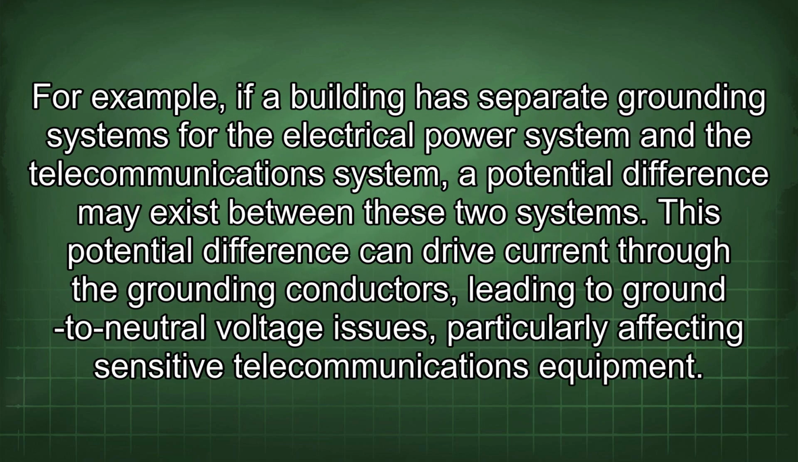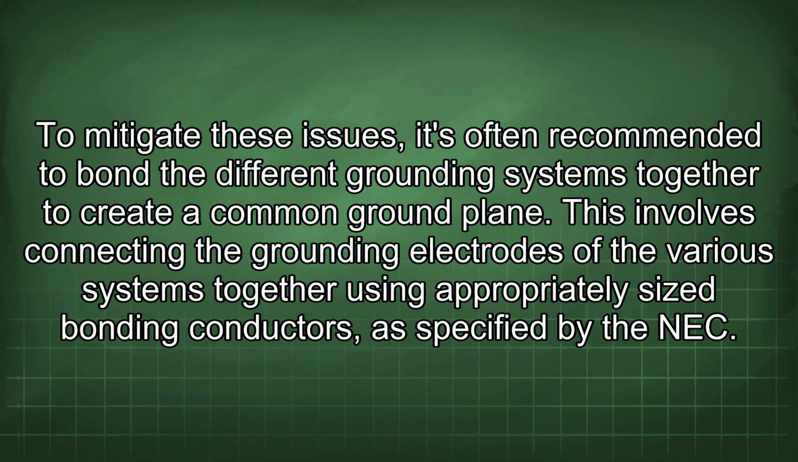For example, if a building has separate grounding systems for the electrical power system and the telecommunications system, a potential difference may exist between these two systems. This potential difference can drive current through the grounding conductors, leading to ground to neutral voltage issues, particularly affecting sensitive telecommunications equipment. To mitigate these issues, it's often recommended to bond the different grounding systems together to create a common